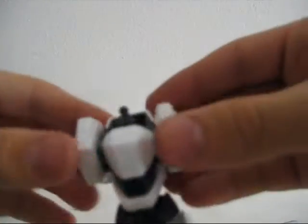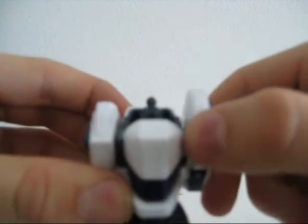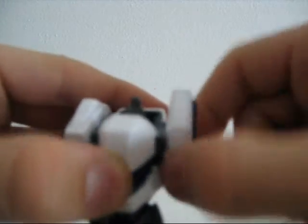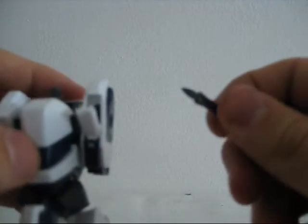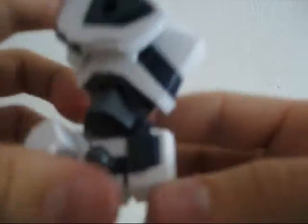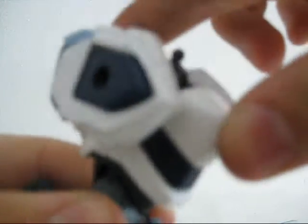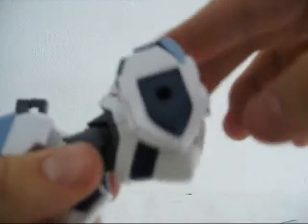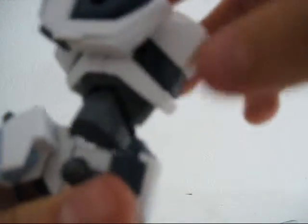Moving on to the torso, we have a really nice looking torso with lots of moving parts. Like there on the chest, these pieces can achieve a full 360, and stored under there is the little folded knife, which really looks nice. Another joint is there. The torso can rotate a bit and go quite a bit up and down. And then it can rotate there